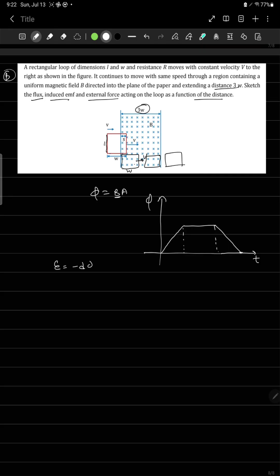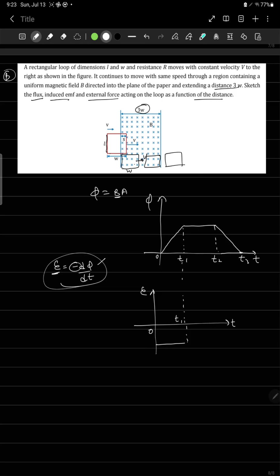So E is equal to minus d phi by dt. You can see here from 0 to T1, T2 and T3. From 0 to T1, the phi is increasing at a constant rate. E is nothing but the slope of the flux-time graph, which is constant but negative. So if you draw the graph E versus t, it will be on the negative side. From 0 to T1, the slope is constant, so the induced EMF is constant, and because of this minus sign, it's coming in minus. Now T1 to T2, flux is constant, that means induced EMF is 0,